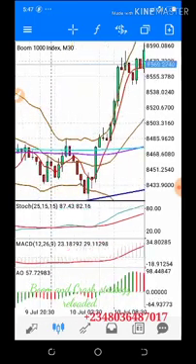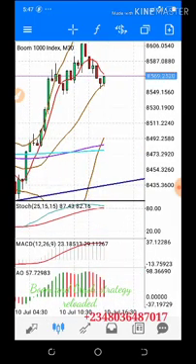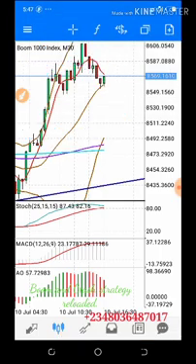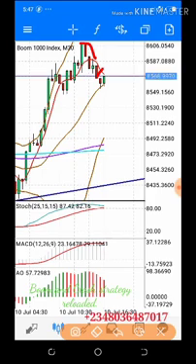Now you can see that on Boom, you can see when it starts reversing over here. At this point you should know that it has started a downtrend, though it may not be a full downtrend, but a little sell. So you will have chances of even holding a trade for like 10 minutes over here. So let's go to the deal.